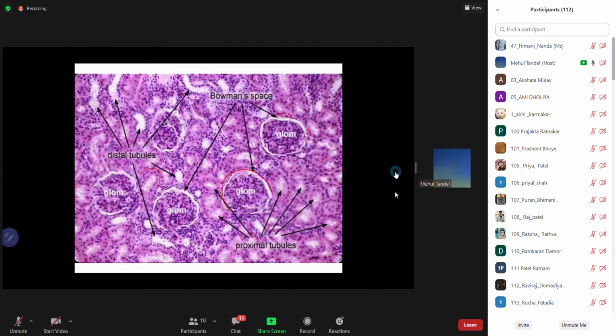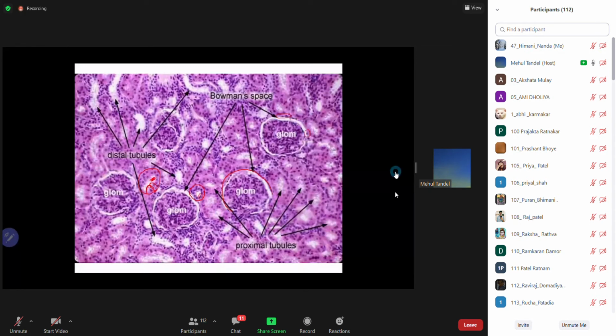Okay, this is one tubule. This is another tubule. You can see these are round and central nuclei. This is PCT. Here also this is DCT. You can very clearly differentiate PCT from DCT. In PCT, the entire cell is stained, pink color stain. See, entire cells are stained in PCT. In DCT only nuclei are seen. PCT lumen is small.